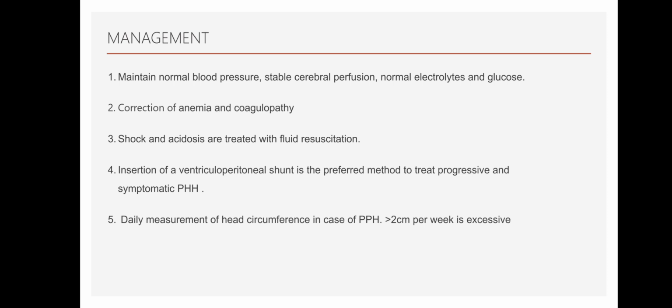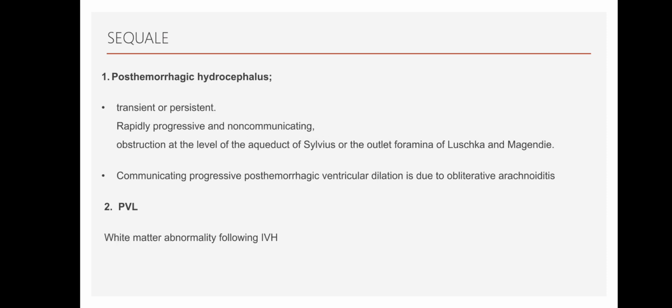One complication of intraventricular hemorrhage is post-hemorrhagic hydrocephalus, which could be treated with a ventriculoperitoneal shunt. At the same time, we have to measure head size, and growth of greater than 2 centimeters per week